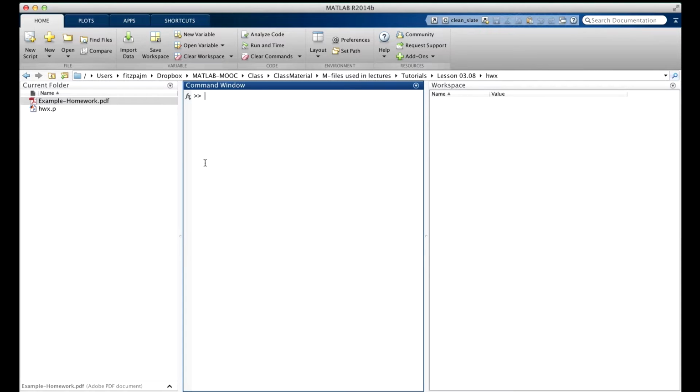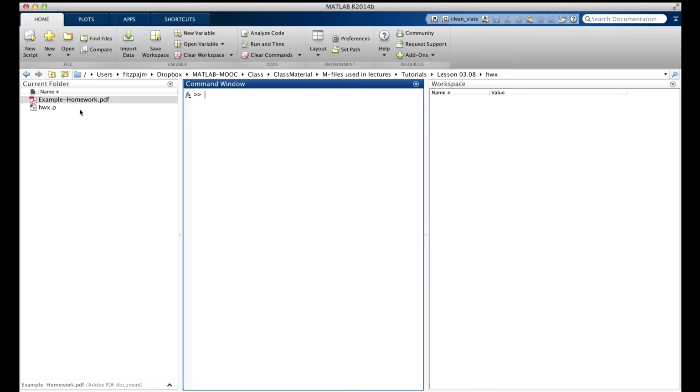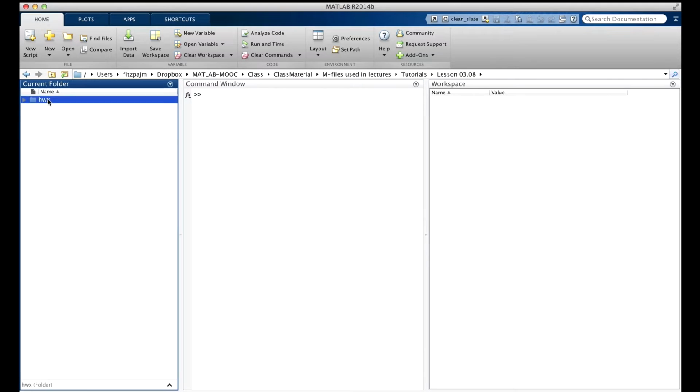As you can see over here, I've got a folder, and I'm calling it HWX. Let's go up one level so you can see that. So there's HWX. And I double-click it so it's the current MATLAB folder.